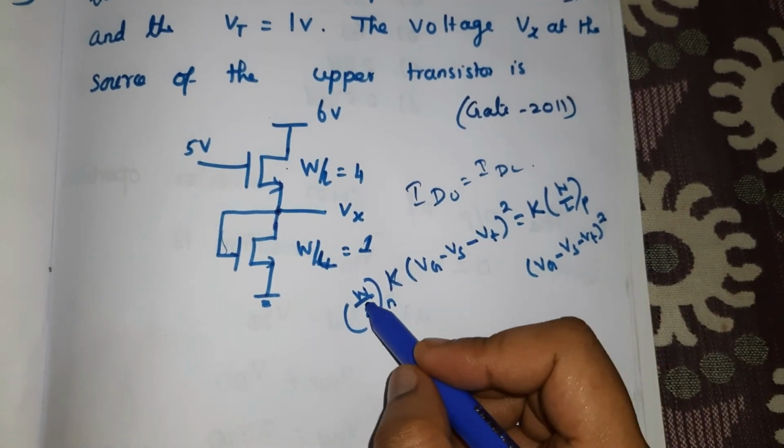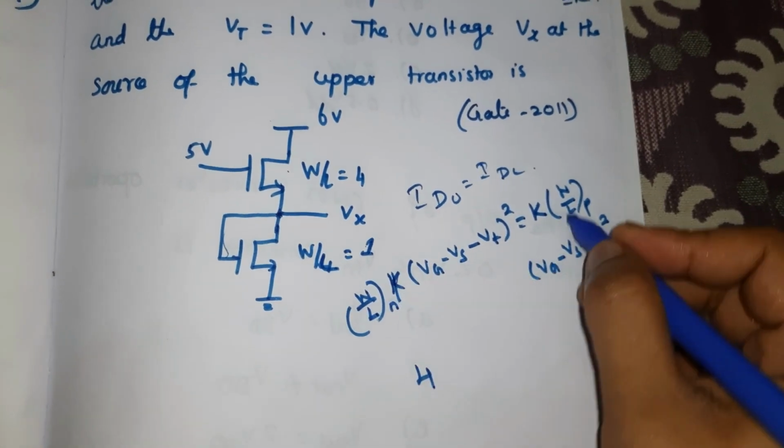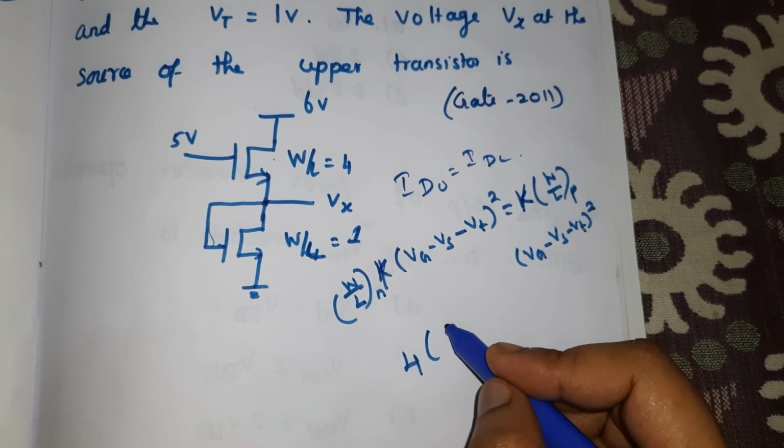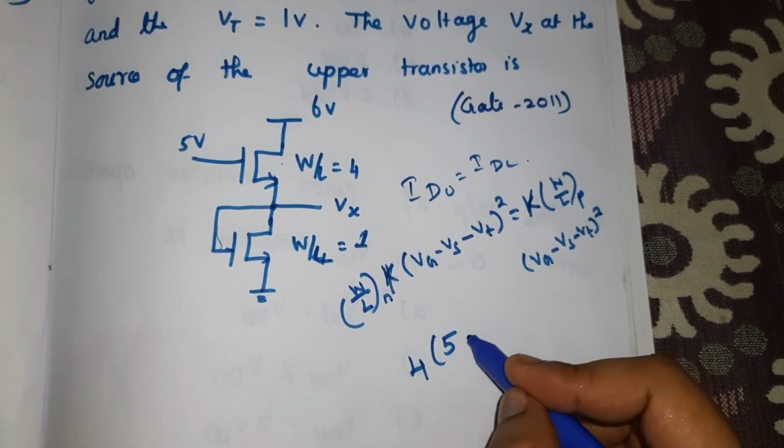Also this W by L for N is 4, so 4, this K gets cancelled, so 4 into